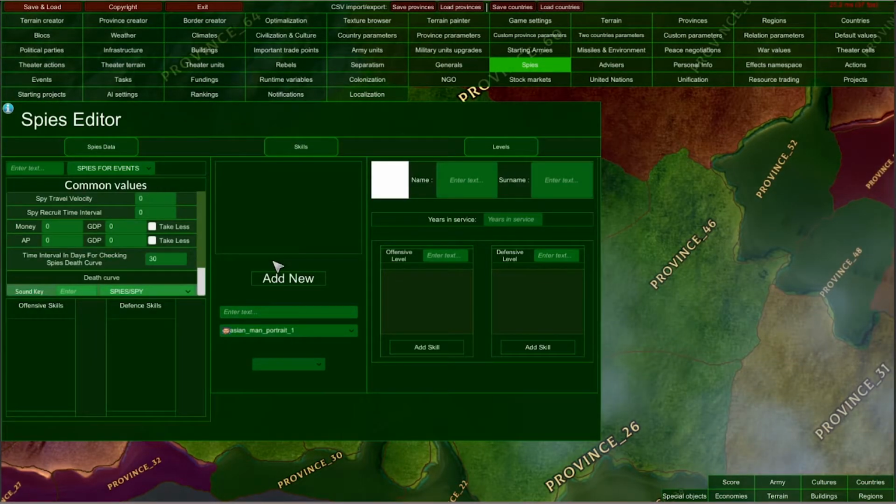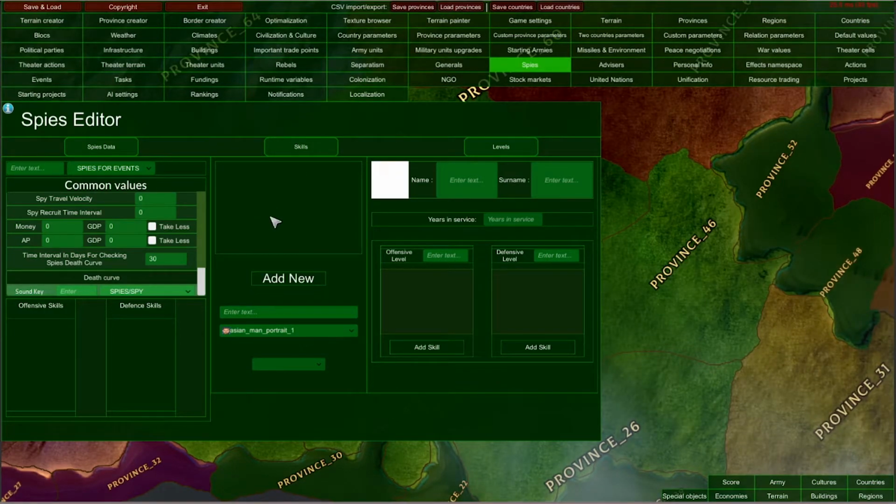That's why spies do not have water and land experience paths. They have offensive and defensive levels. Offensive is external and defensive is internal. So this path here, defensive level, will be acquired through performing actions in your own country, and offensive level will be acquired by performing actions outside, abroad.